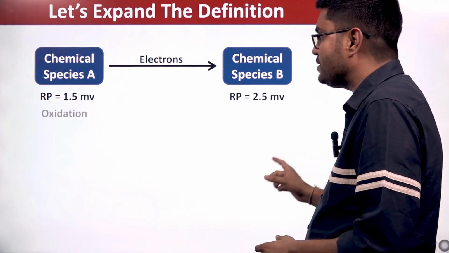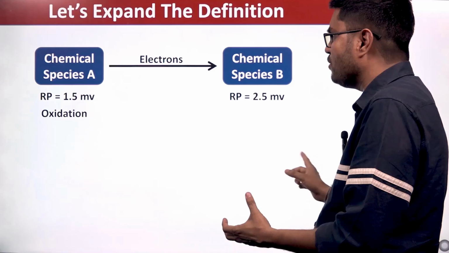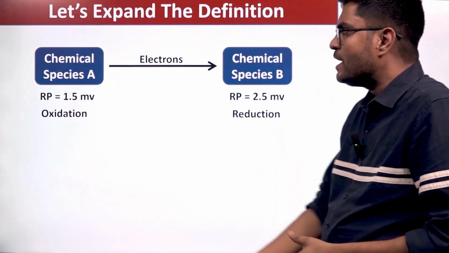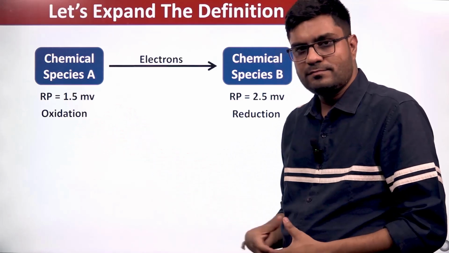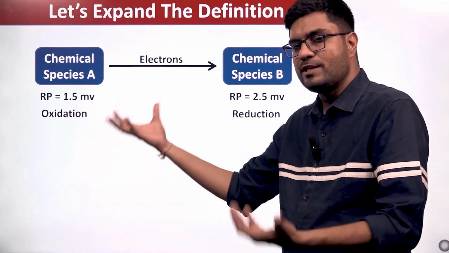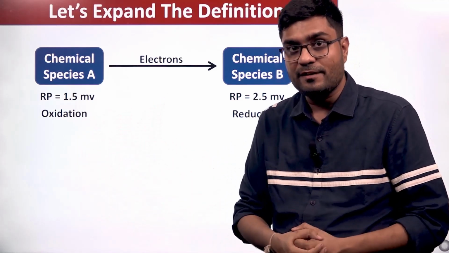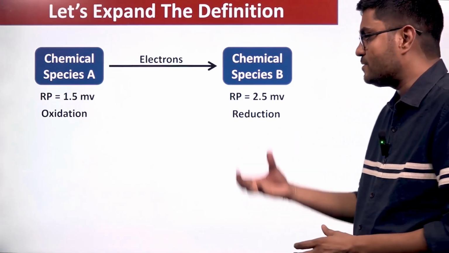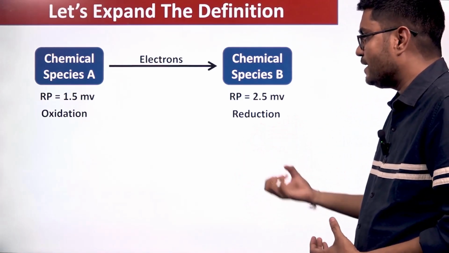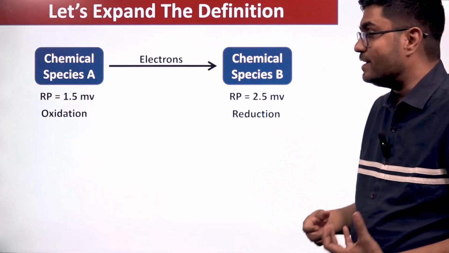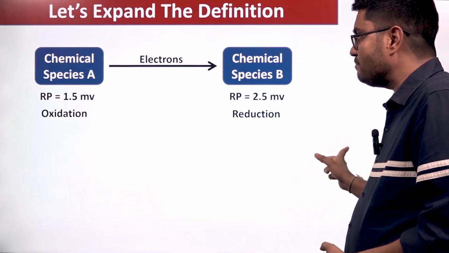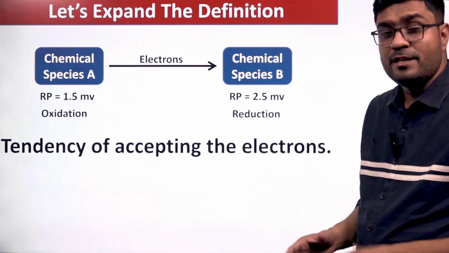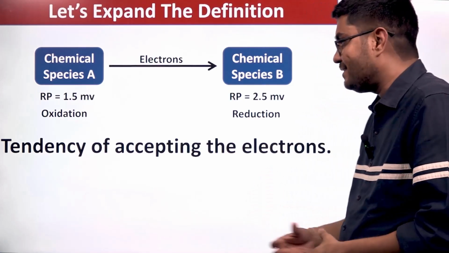Now the definition is very simple, and we can also explain it in terms of oxidation and reduction. If a species is losing the electron, then the species is getting oxidized, or the process of oxidation is occurring. If the species is accepting or gaining the electron, then that species is getting reduced, or the process of reduction is occurring. One more time, the statement defining reduction potential is: reduction potential is nothing but the tendency of